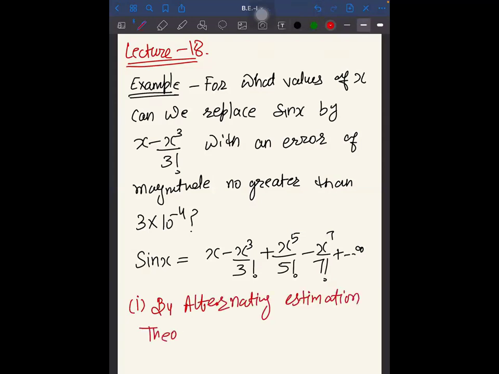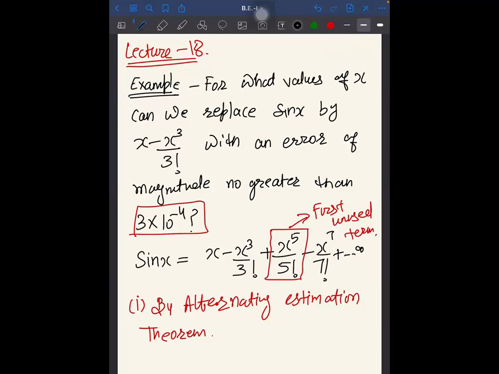So what happens if I talk about the alternating estimation theorem? That means the first unused term is the error, right? We have proved that. So according to that, this error should not be greater than this amount, that means 3 into 10 raised to power minus 4. So what does that actually mean? It means if you take the mod of the first unused term, this error should be less than this. That's what we want. We want to find the values of x for which the error should be